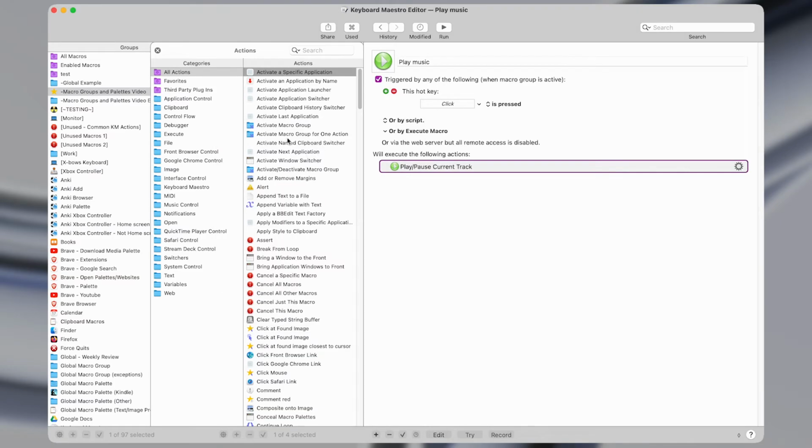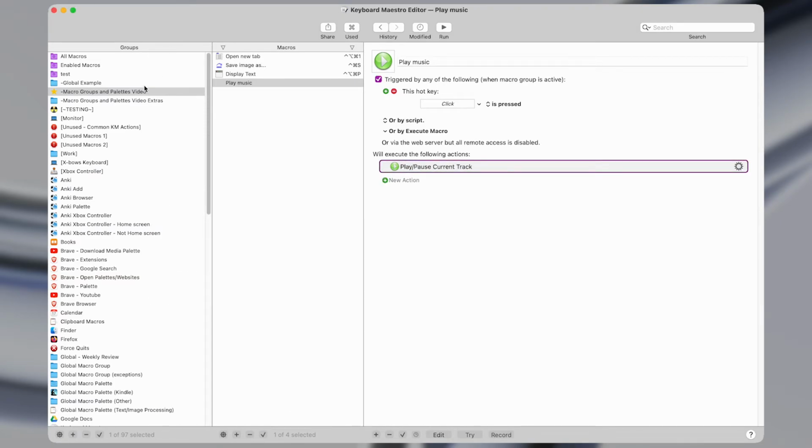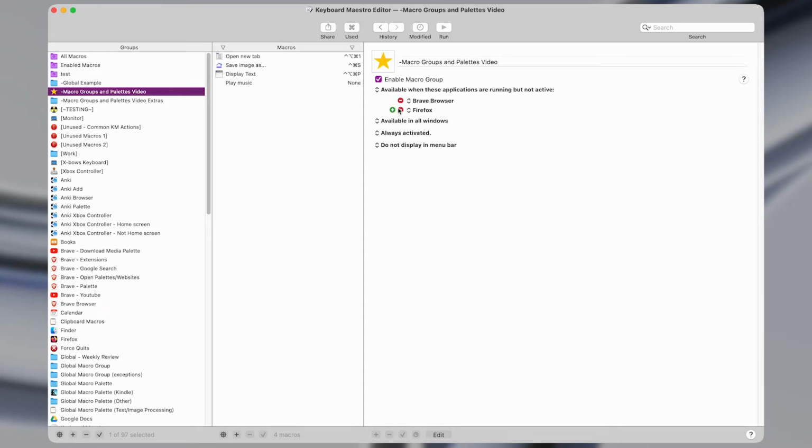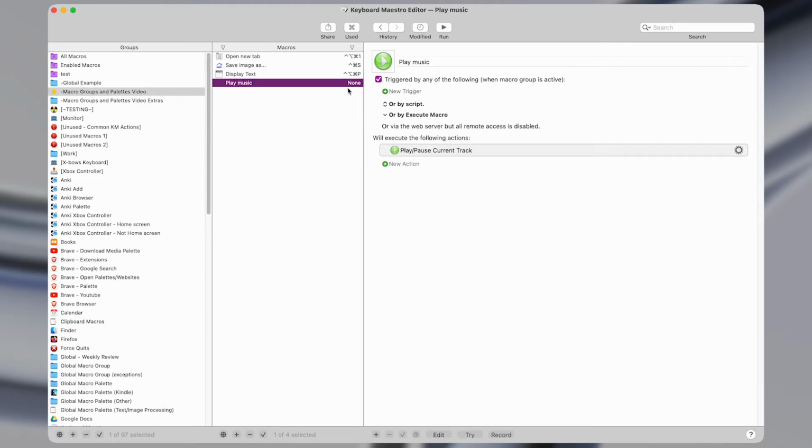track and activate it only when the music application is open. So if I did something like this and had this group only available in music when music is open but not at the front, then I could activate my play music macro with a certain trigger. But then if the music app were open, then I could just use the default spacebar to pause or play